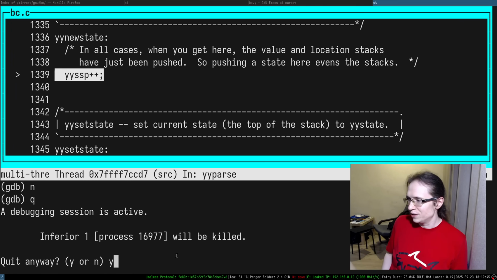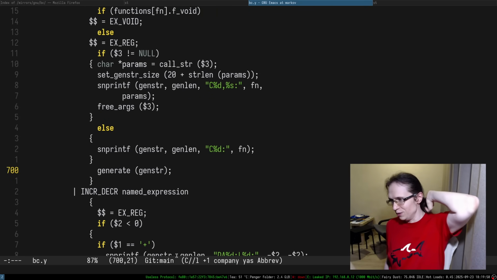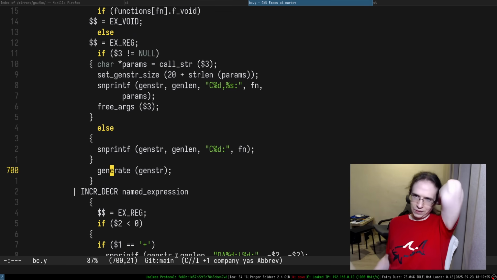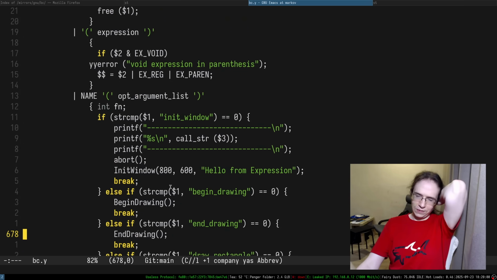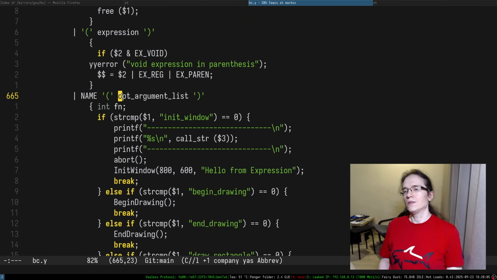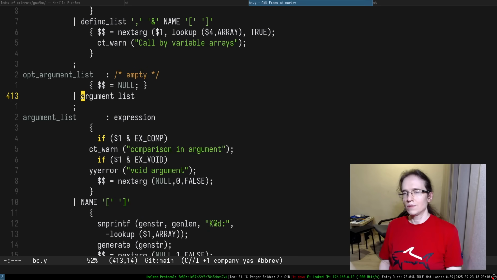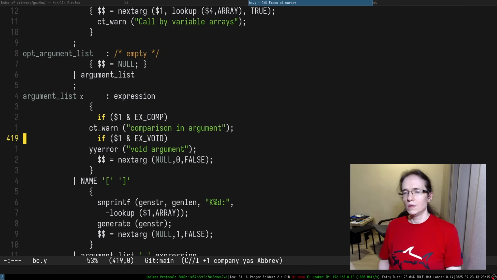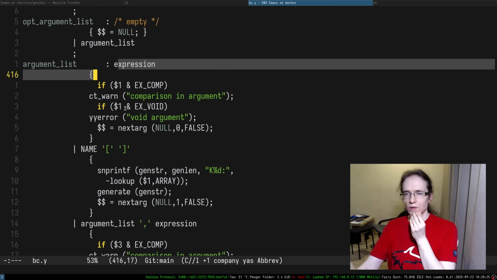This is some sort of their virtual machine, right? So I have to get very deep into their virtual machine, and I really don't feel like it. There is a written C call function, yeah, but I need the arguments. How do I get the arguments? Maybe the arguments are actually, yeah, wait a second. Argument list. Okay. And argument list is expression. If it is an expression,